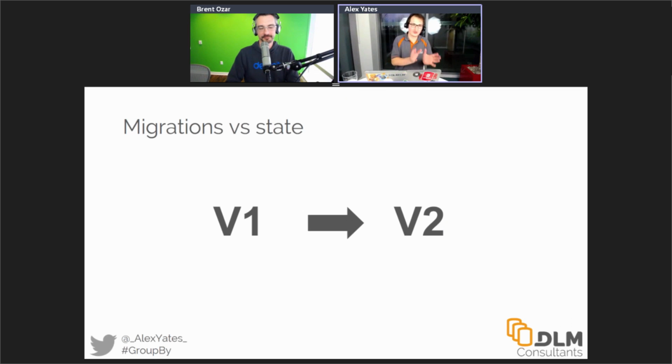Broadly speaking, you've got this migrations and state way of doing things. Now, if we're talking about .NET code, we don't care about migrations. We don't care about how the upgrade happens because you just delete the old thing and put the new thing there. It's fine, it's just code. Databases, we do need to worry about that because we need to worry about how we massage the data from the old schema into the new schema.